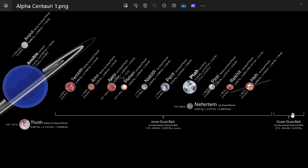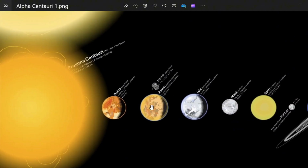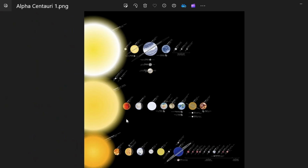Ice-dominated asteroid belt. Yeah, so just asteroids. So there's probably lots of smaller asteroids, you know. Nefertim, ice dwarf planet. So anyway, we have all of this, which is a little over 4 light years away. Seems a little premature